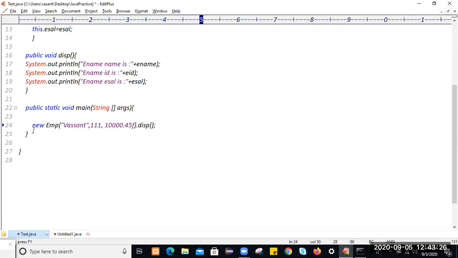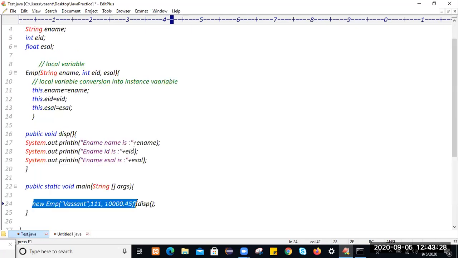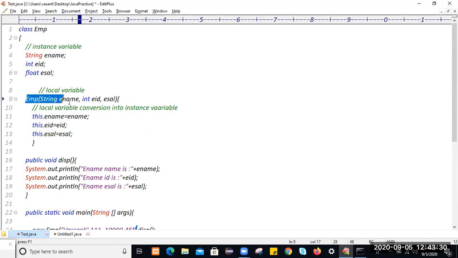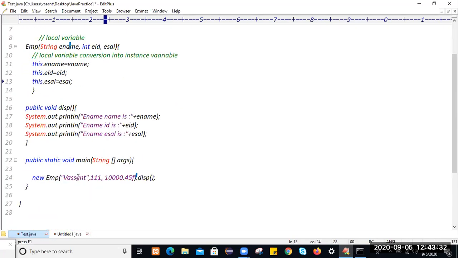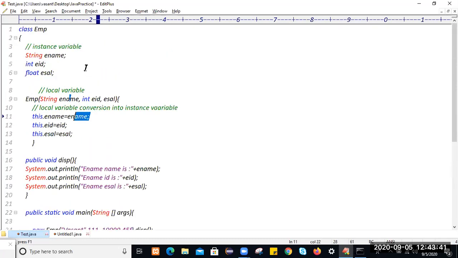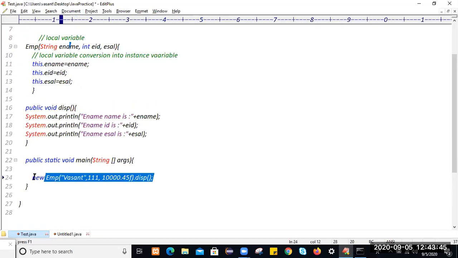So first it will create the object. The moment it creates the object, the parameterized constructor will get initialized. It will pass the employee name, which is Vasan. Employee ID was 111, employee salary this, and this local variable will be converted into an instance variable, and this instance variable will be initialized. Similarly, if you create one more object,